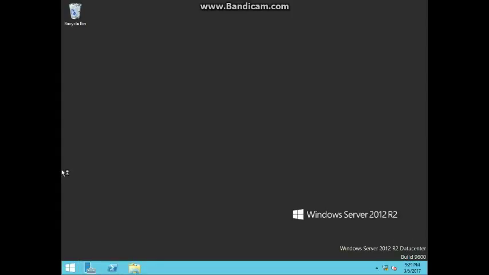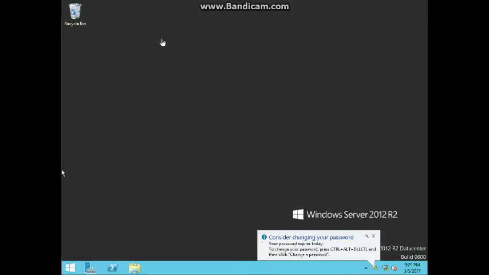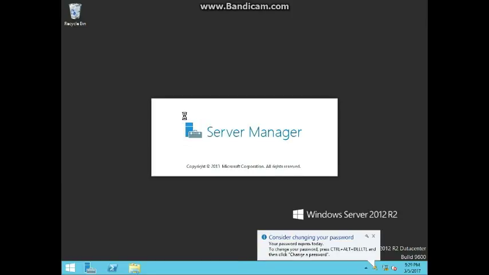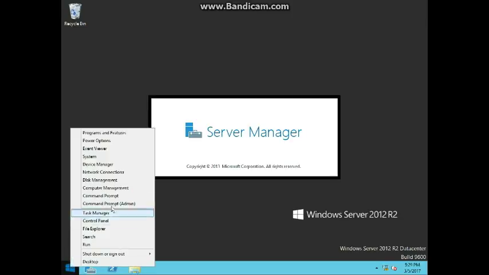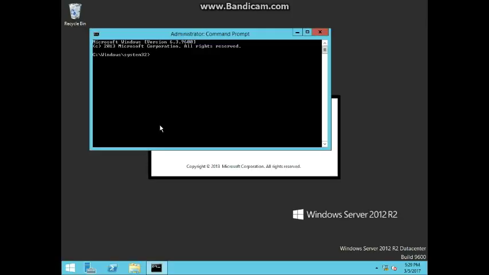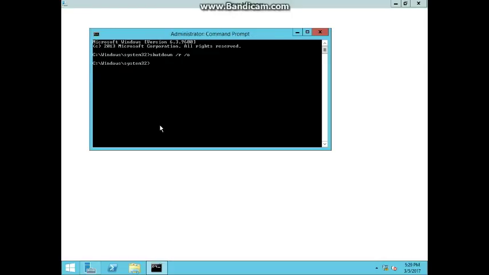Let's go ahead and begin with exercise 9.4, booting into safe mode. So in this exercise, we'll be logging into Server 2 as a Contoso administrator, which we already are. We'll be going into our command prompt. We'll be typing in shutdown /r /o, and